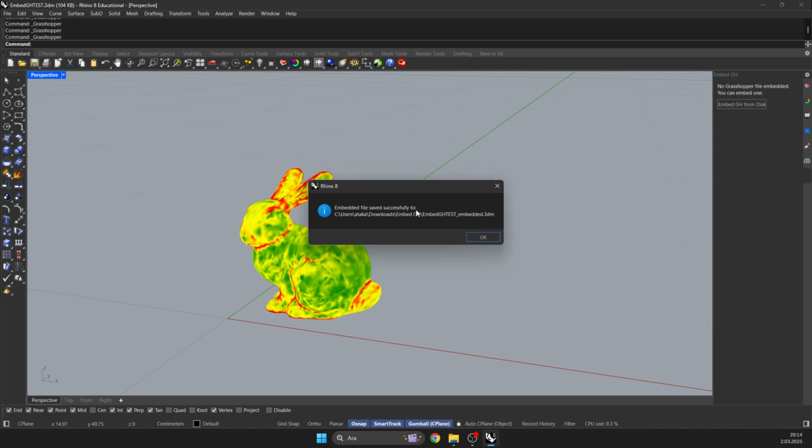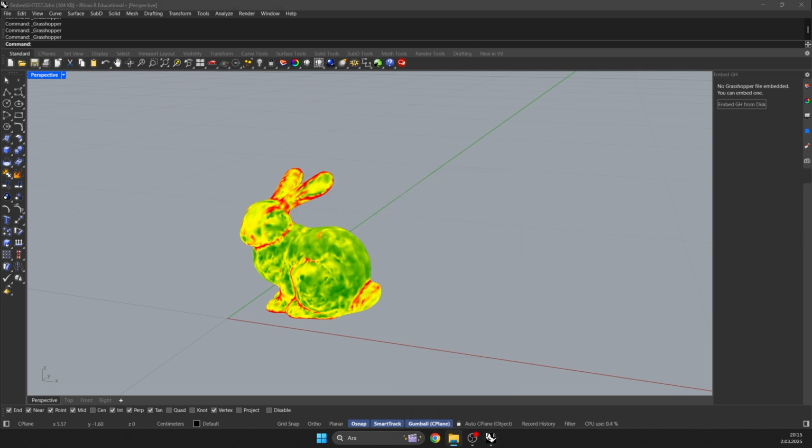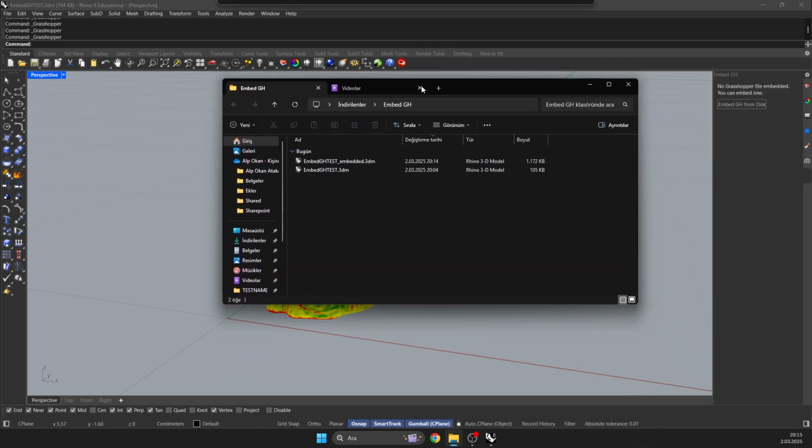And it already created a copy with the file in the correct folder location, and it named it EmbedGH test with the embedded prefix. In the folder structure, which I can show you, I see the file that it has created. So here is the file that it has created, and now when I open this file,